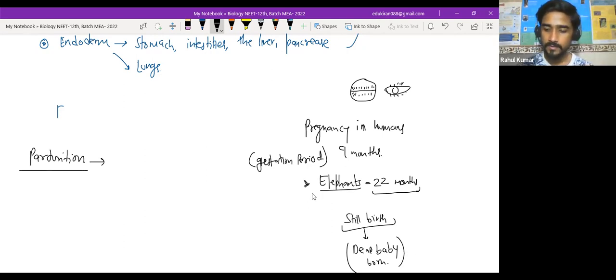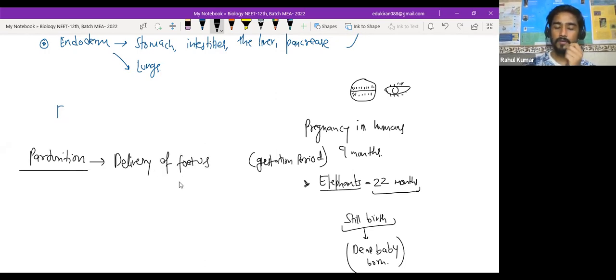Now write down parturition. The process of delivery of the fetus, or we can call it expulsion, like we are expelling it out of the system. The process of the delivery of the fetus or expulsion from the uterus or the womb, from the womb through the birth canal, due to vigorous contractions of the uterine wall,